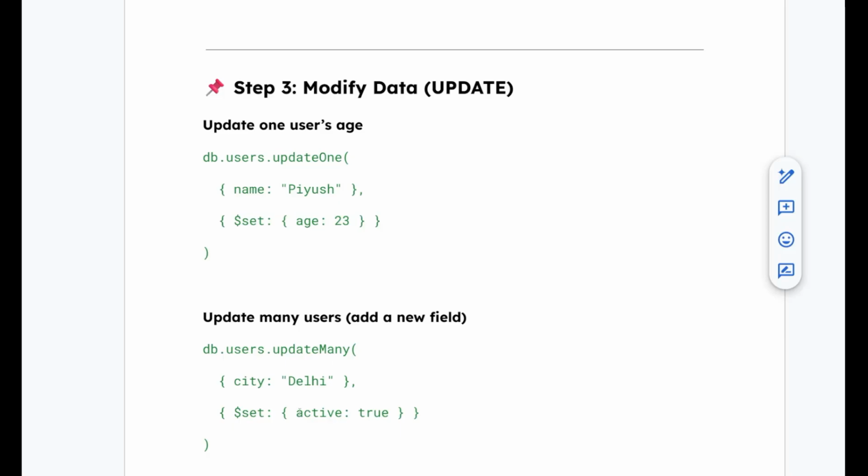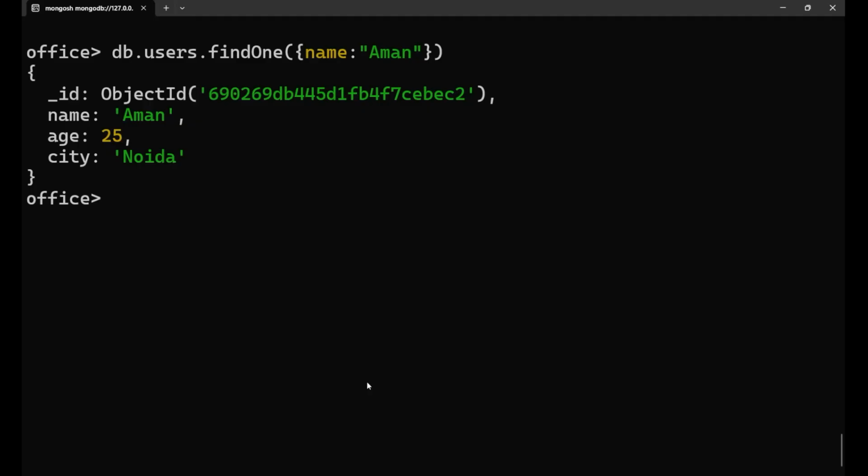Similar thing happens here also, that updateOne updates only the first data which matches this particular condition, and updateMany edits or updates every data set that matches this particular condition, right? Now let's move forward towards working with it in real. So what I'm going to do, I'm going to write